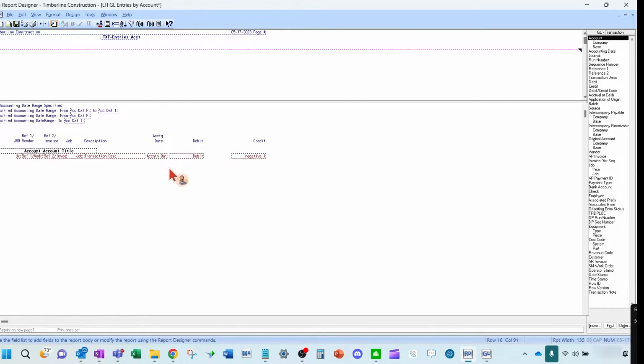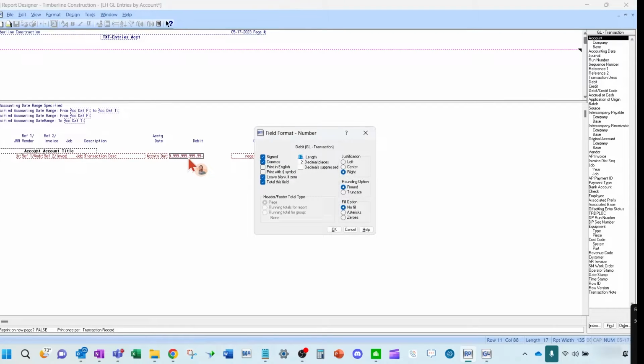Okay. So let's say we don't have totals on this report, but we want totals. So the first thing you need to make sure of, and most of the numeric fields come this way by default, but on the field itself, if you double click on it, it will tell you if this field should be totaled or not. So if you ever add a total and you don't see it carry down, it might be that this field isn't formatted to total, and usually you can just check this off and it will total for you.